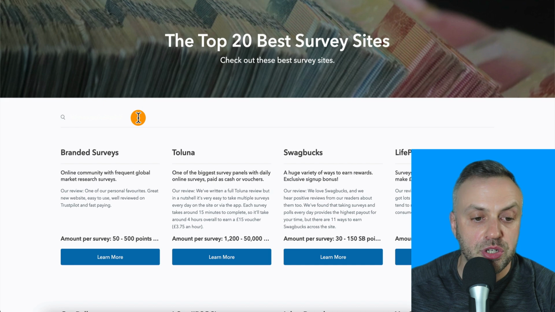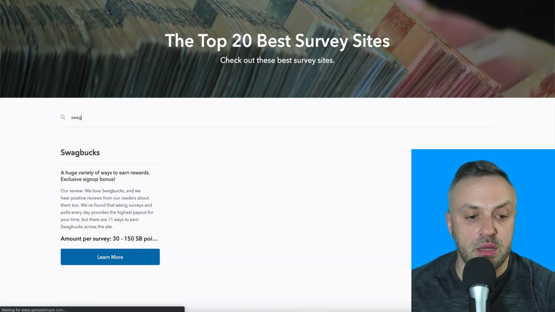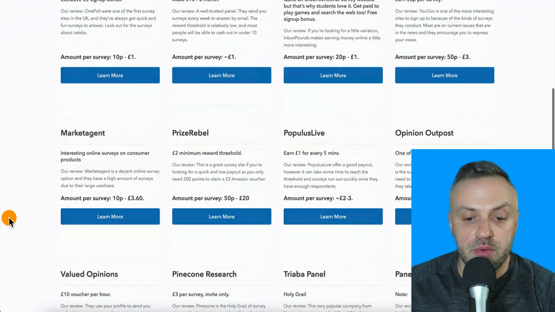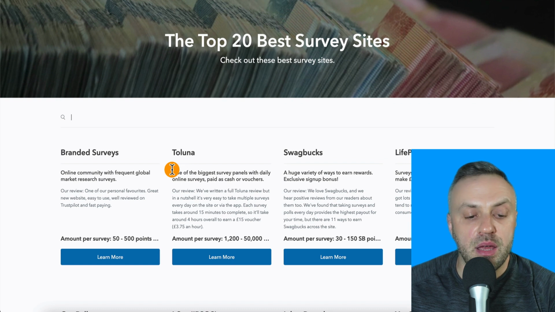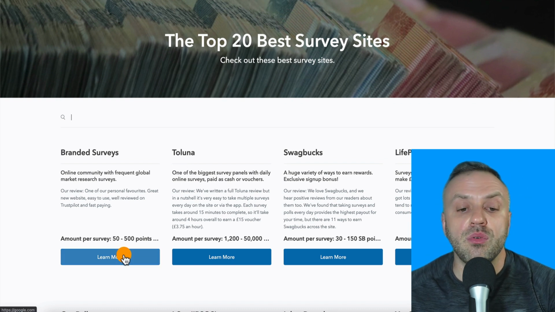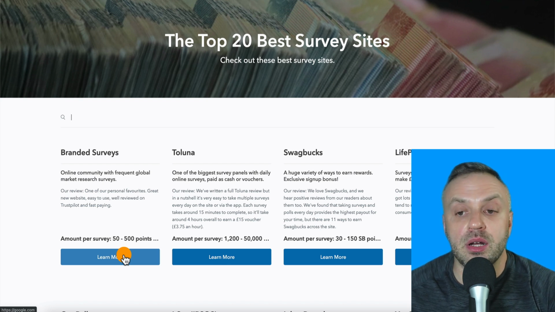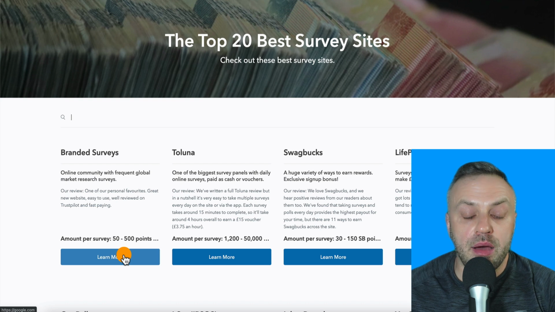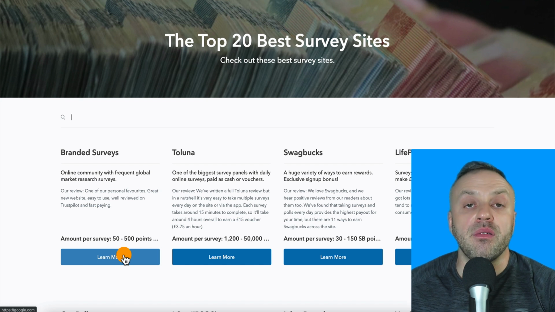So you can even search it for Toluna. And you even have a search engine, Swag. You can disable that, right? Take a look at this, how beautiful it is. And you can have more content. You can have more of this, and you are done, right? When you leave this on the internet, Google is going to take notice and start indexing it and sending traffic to it. That way you can build a high quality site for surveys to promote any survey that you want once you find it in the affiliate network,